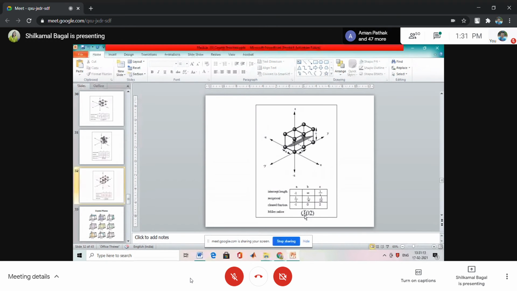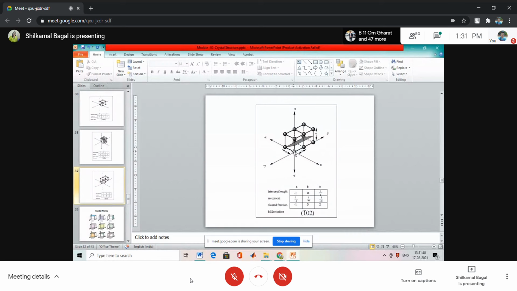So reciprocal of bar 1 is -1. Okay, reciprocal of 0 is 1 upon infinity, that is infinity, and reciprocal of 2 is 1/2. Okay, so this plane will have intercept along axis, negative side of the axis is 1 unit. So we will mark here. Then next, along axis B, it will remain parallel, so don't think about that. Then axis C, it intersects at 2, that is half unit.